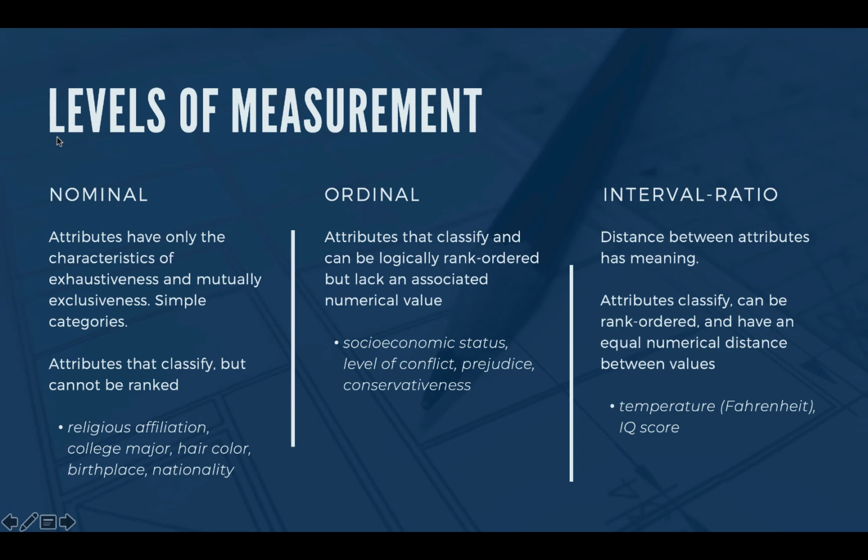We know first they're higher than 50,000, and we know that they're higher than 50,000 because they are exactly one step above. This idea of equal numerical distances just means that we know that each step on that ranking system is equal. So if somebody says, well, I make 50,000, you make $50,001, that means you are $1 higher than me. We have two other people. One says I make 60,000. Somebody else says I make $60,001. We also know that those two people are one step higher or lower than one another. So each step on that scale is the same distance.